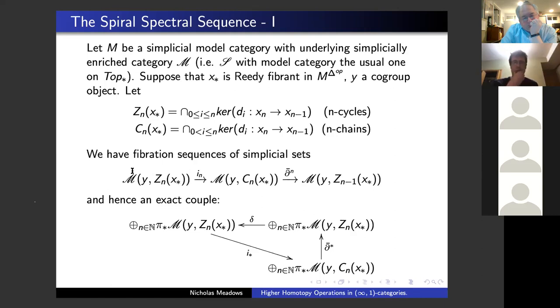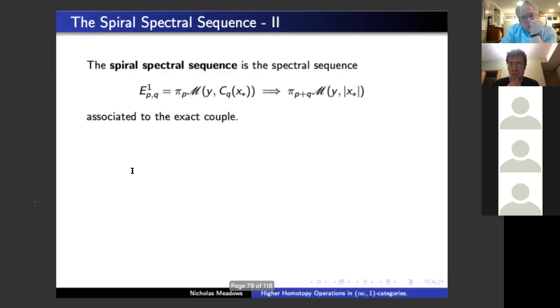So the map delta, because it's the boundary map of a long exact sequence, decreases the vertical grading by 1. And the map del star, the vertical map, decreases the horizontal grading by 1. Then we get the spiral spectral sequence, which basically computes